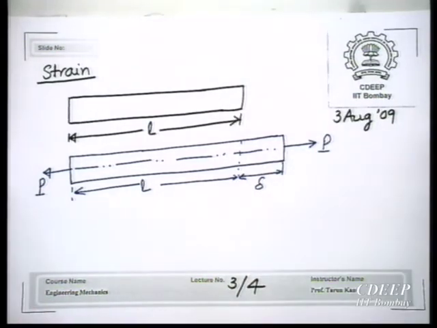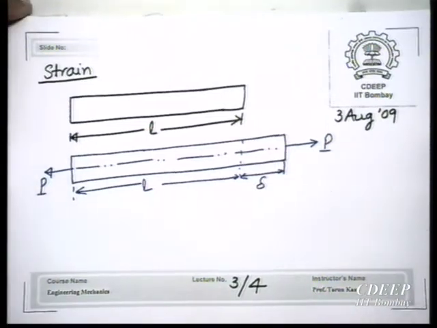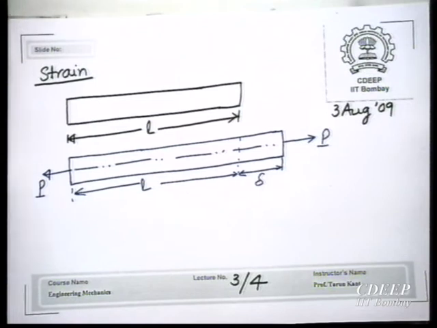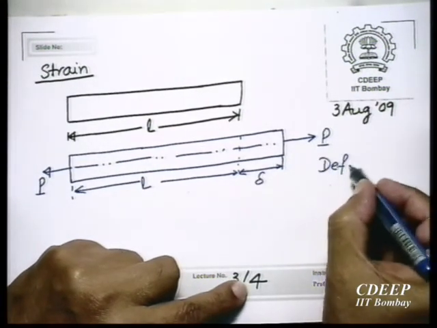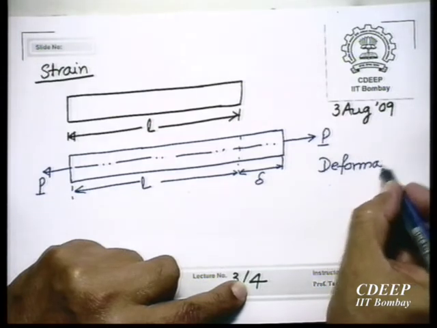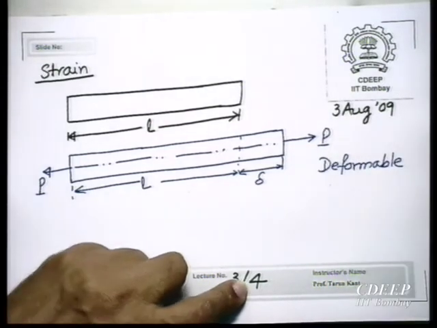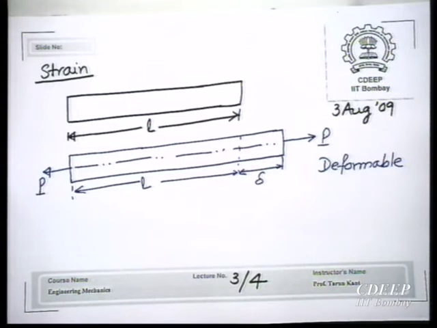Delta, the change in length, is occurring because the material is deformable. Because we are talking of mechanics of deformable bodies, this deforms. So delta is the change in length, and so we define again, strain also is a concept